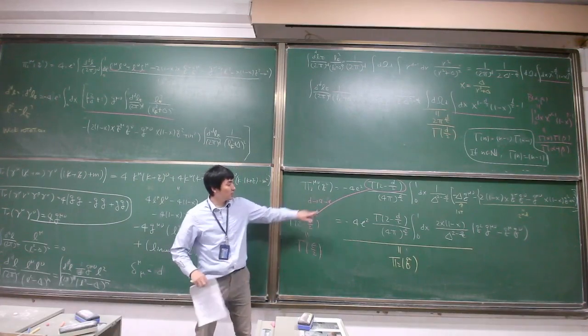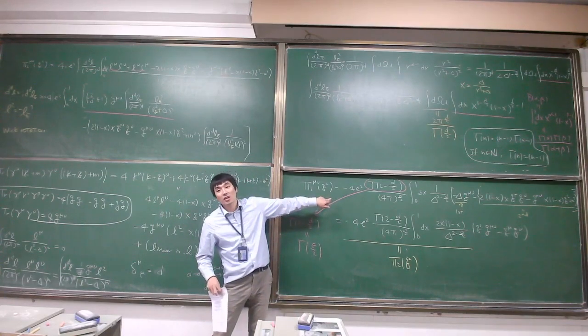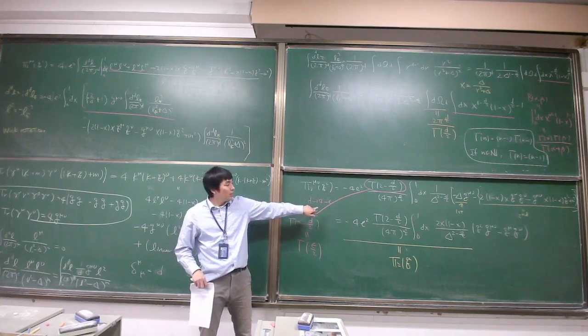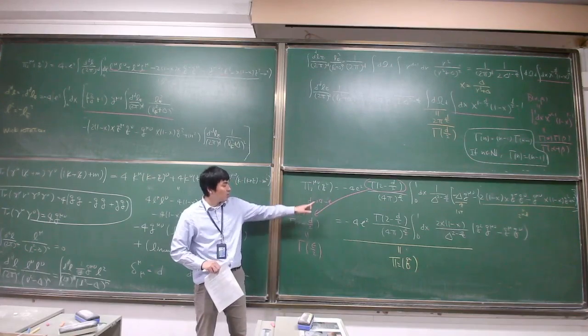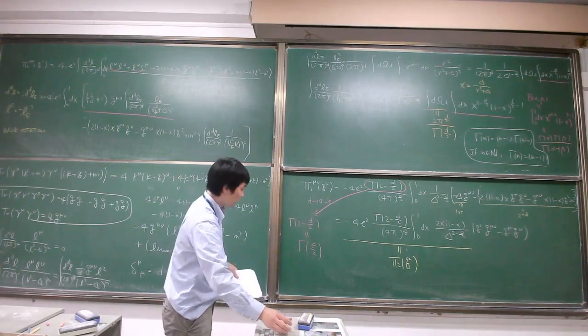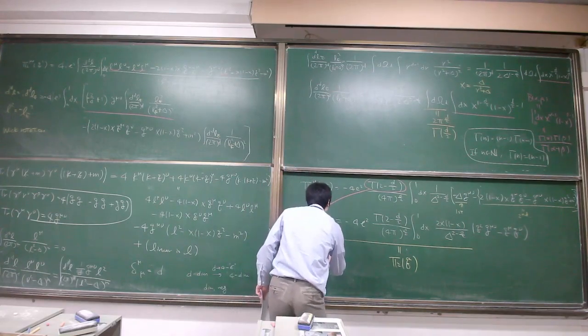So we think about epsilon being very small now, and then when epsilon is very small, this has the divergence, something like this, equal to